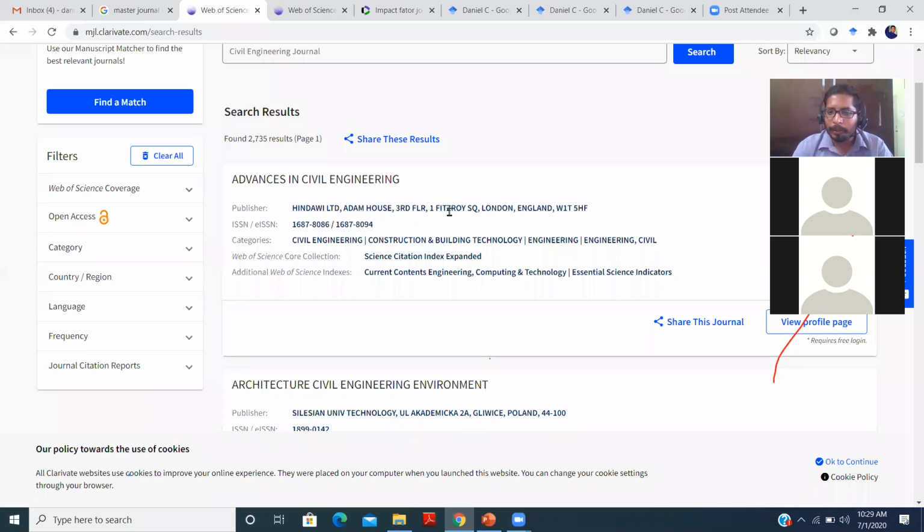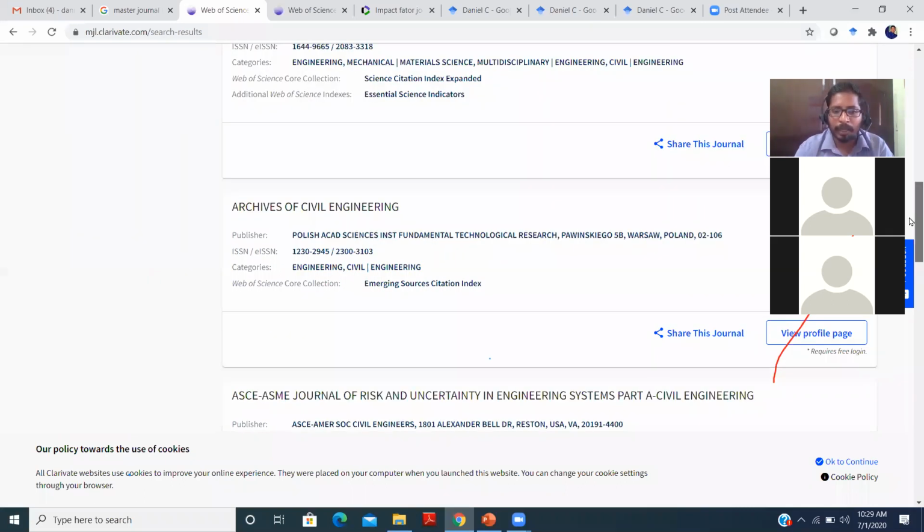In Scopus, you can just type the article and find it. But in Web of Science, I cannot type the title of my article; I have to type the title of the journal and check whether my article is indexed. I can check over that.